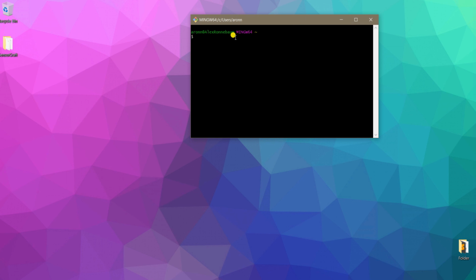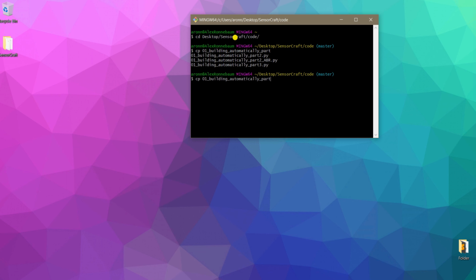I like Git Bash, but it's also called PowerShell on Windows devices. So if you cd or change your directory to your desktop, your SensorCraft, and your code, we want to copy, so cp 01, and you can hit tab. It'll fill in most of the way. We're going to go to part 2 underscore abr, part 2 underscore abr.py. We want to copy that to 01 building